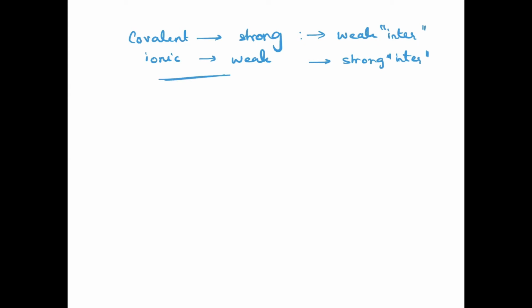So it might seem quite ironic at first, but we'll be looking into this in my video on intermolecular forces of attraction. And this fact is the reason why covalently bonded molecules are usually liquids and gases at room temperature, while the ionically bonded ones, you'll find them in solid state, because of the stronger intermolecular forces in case of ionic bond.